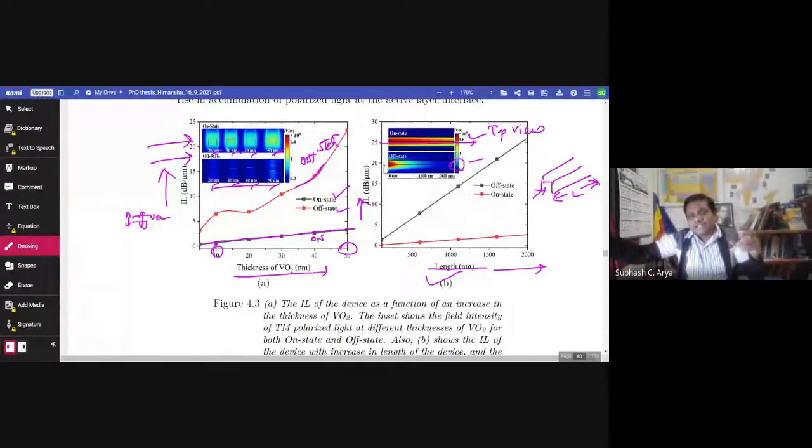This light is at the input as well as the output. That is the state, and we are controlling it electronically by applying a particular potential, so that this modulator should be transparent in the on state. However, when we want to switch off, at that time this plasmonic material will behave in a drastically different way. That is the metallic way. Metals absorb the light maximally. So in figure 4.3a, we can see in the off condition, light is